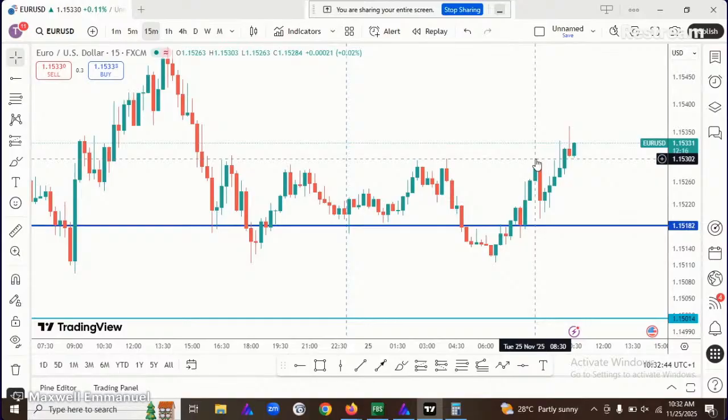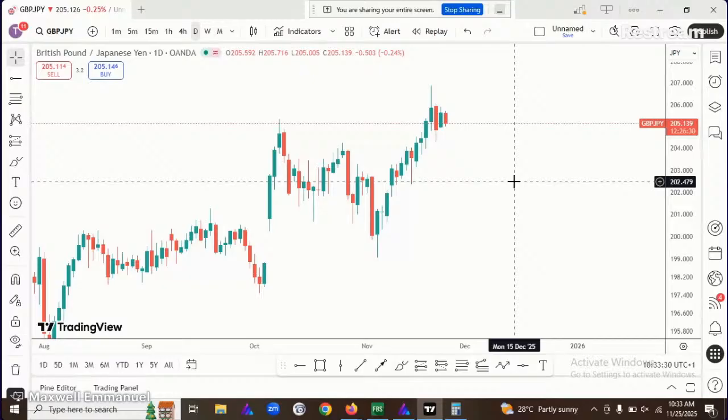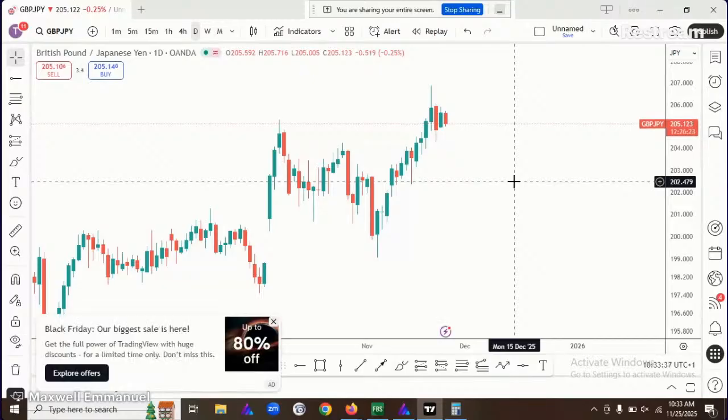GBP bearish. You can see that GBP has been bearish, and that's it. That's because